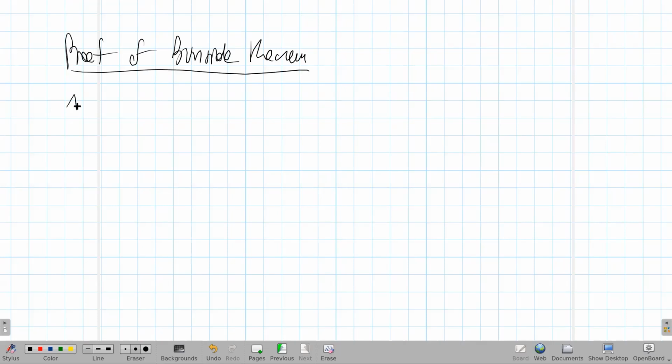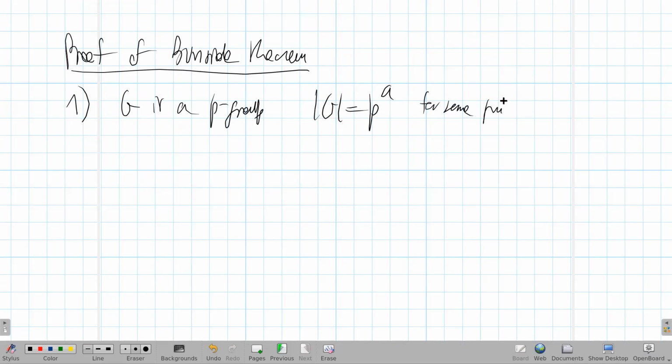We are ready to give the final proof of Burnside's theorem. And there are two cases. The first case is G is a p-group. G has order p to the a, so there's only one prime, for some prime p and a, which I'll take greater than or equal to 1. Okay, so let's say G is different from 1, because if G is 1, of course, it's trivial,